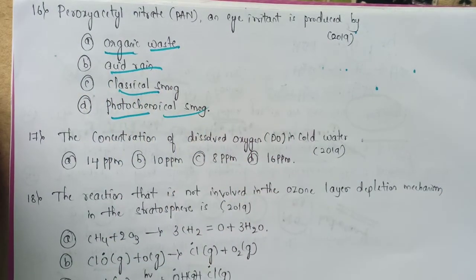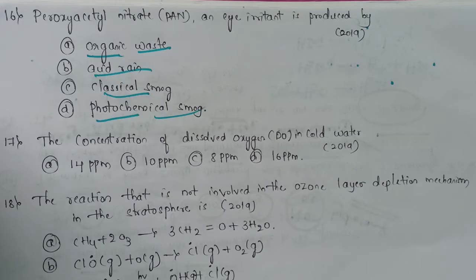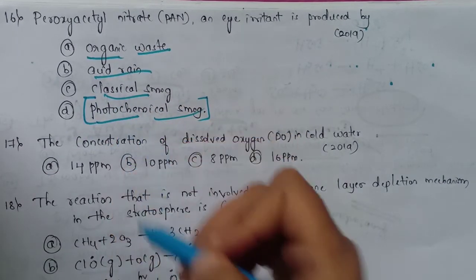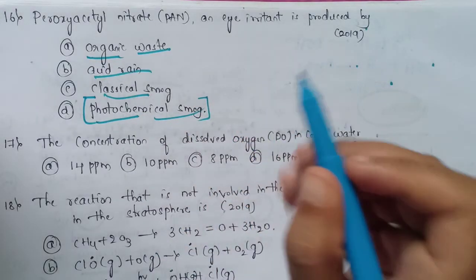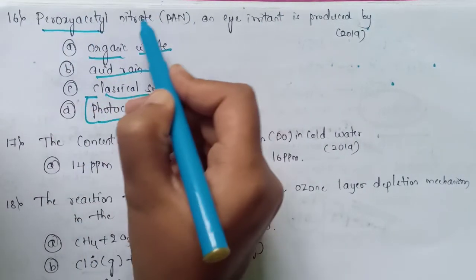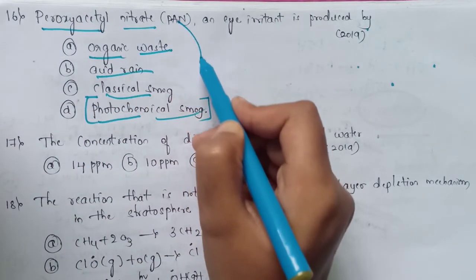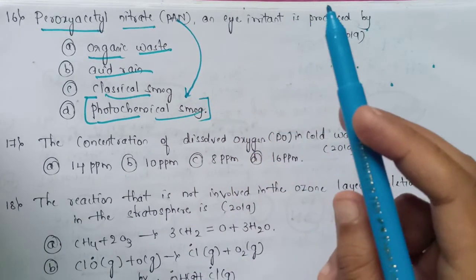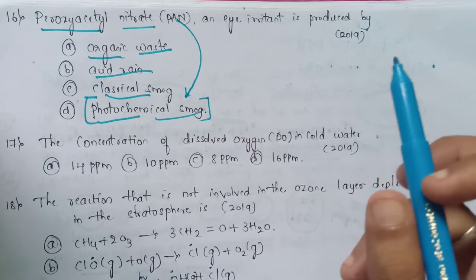It is also a question related to photochemical smog. So by these so many questions, we know that this PAN, that is peroxyacetyl nitrate, is a hydrocarbon and it is also a high irritant. It is one of the major components of the photochemical smog. As we have studied in the previous questions, this photochemical smog is also called oxidizing or Los Angeles smog. So this peroxyacetyl nitrate is produced by photochemical smog. This PAN is a powerful tear producer and it also causes breathing troubles.